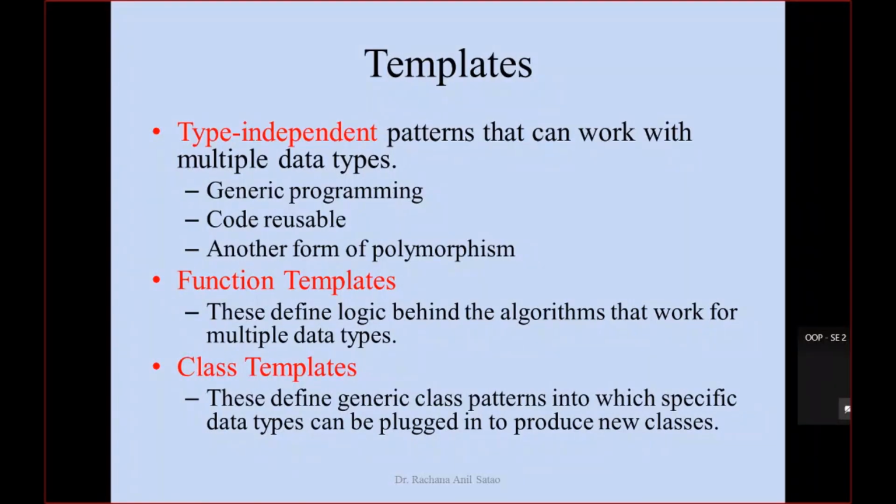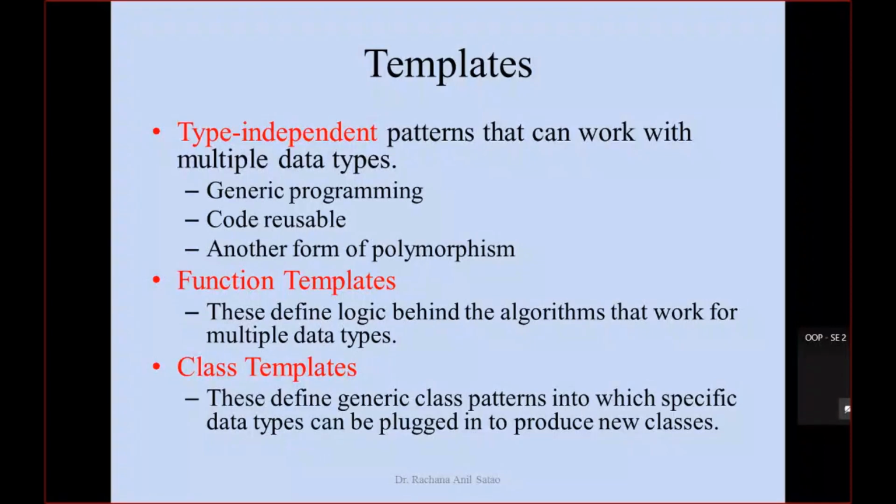So here, as shown on the slide, it is a type independent pattern that can work with multiple data types. As I told you, the data type should not be restricted. If we are restricting a data type for a particular function, that function will work for that data type only. So we want some way by which our function will be type independent.